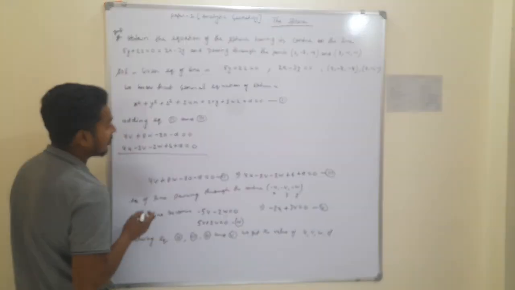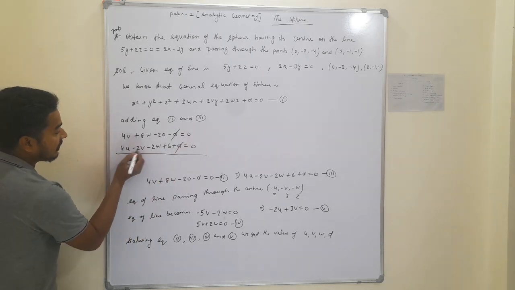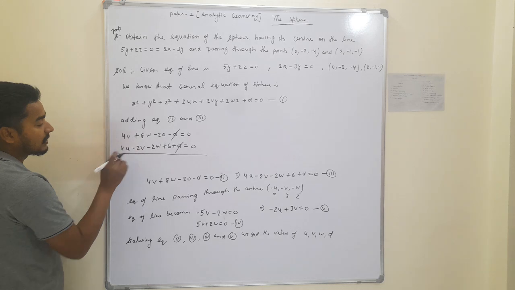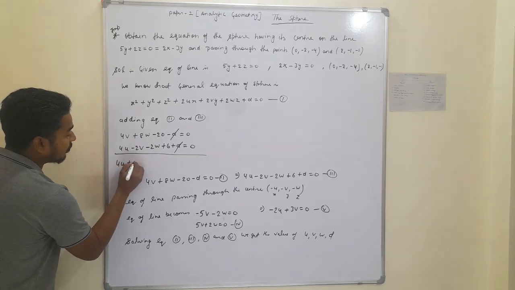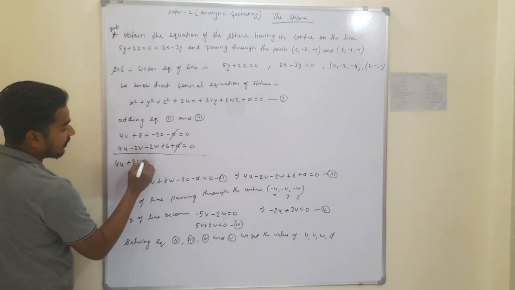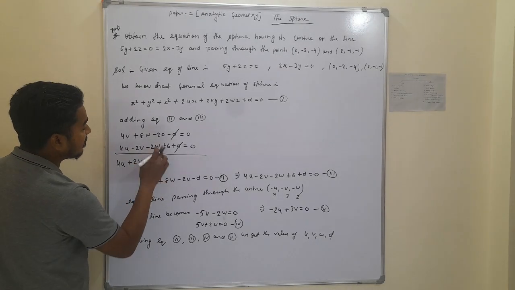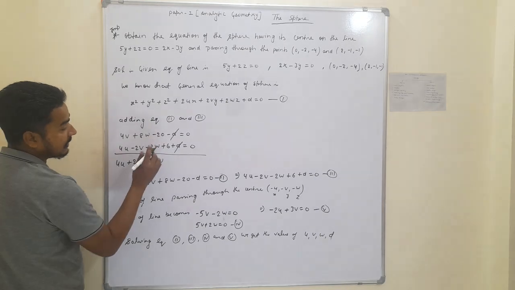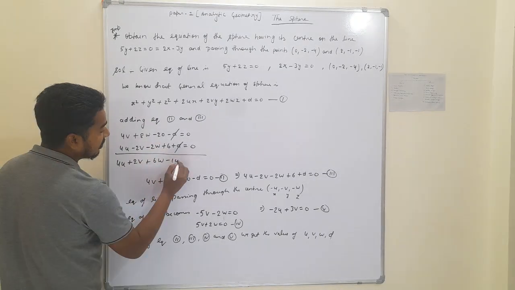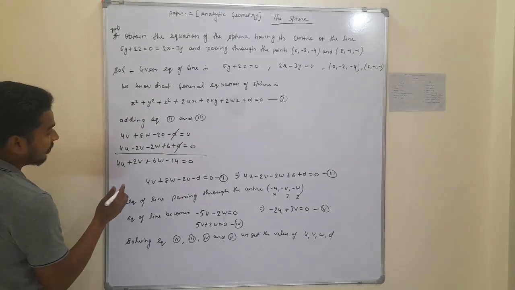Adding here, minus d and plus d cancel out, and remaining is 4u, 4v minus 2v we get plus 2v, 8w minus 2w gives plus 6w, and minus 20 plus 6 we get minus 14 is equal to 0. And from here solving, we get